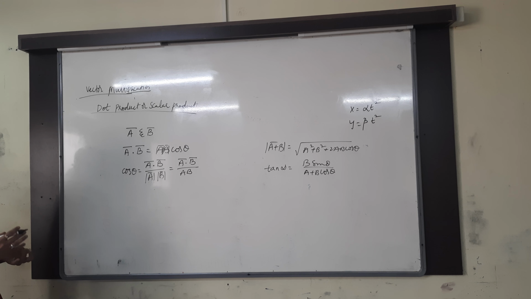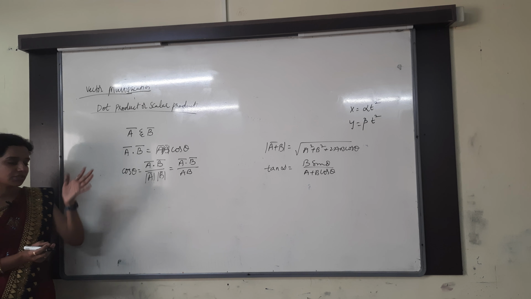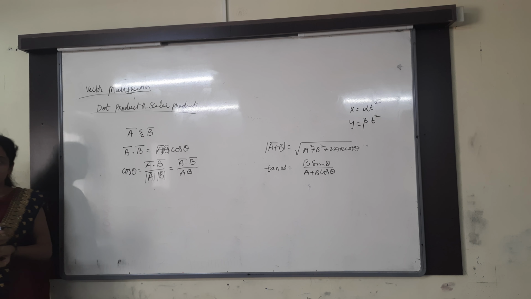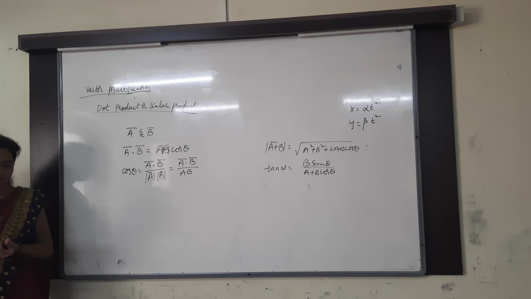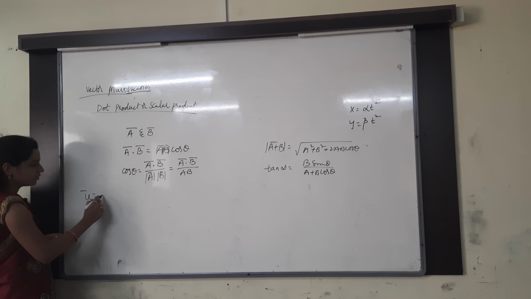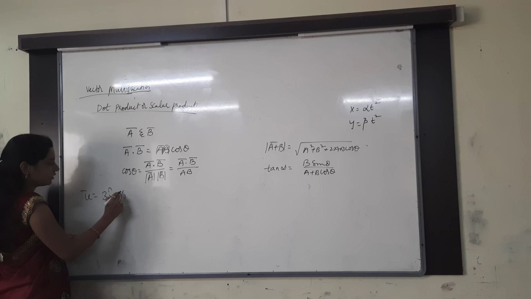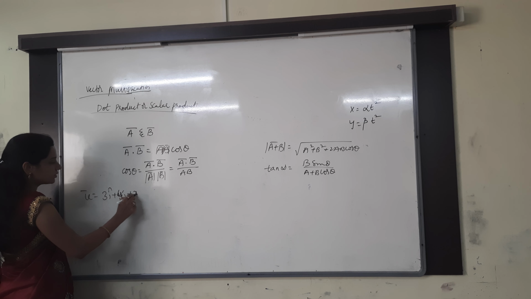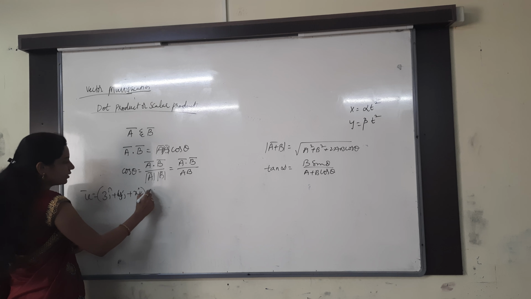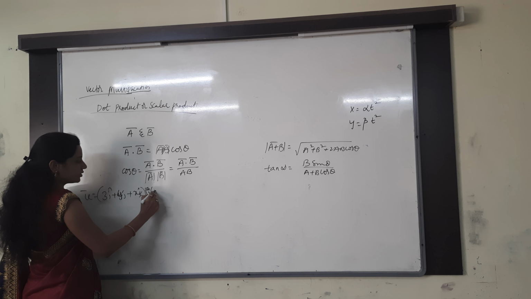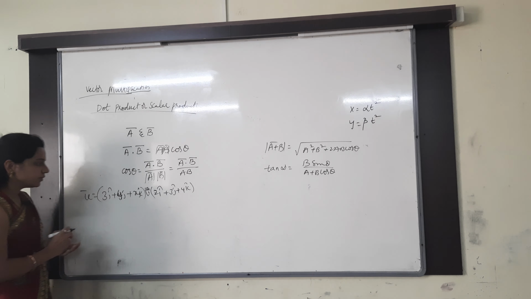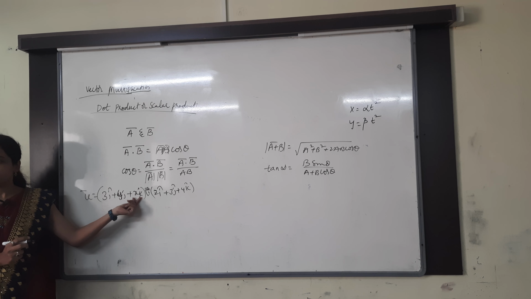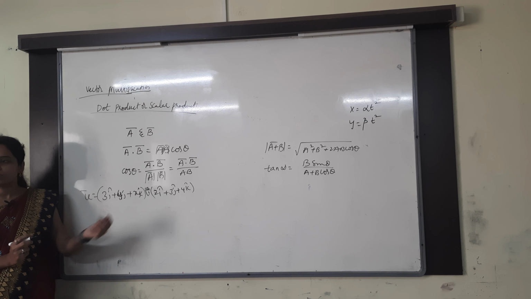Both the cross product and the dot product are very, very important. In the dot product, they will use this in the motion in a plane chapter, and they will tell that the two vectors are perpendicular to each other. For example, if I say u bar is equal to 3i plus 4j plus x k cap, and v is equal to 2i plus 3j plus 4k cap, like this they will give. They will ask to find the x value, and they will give one condition, that both are perpendicular to each other.